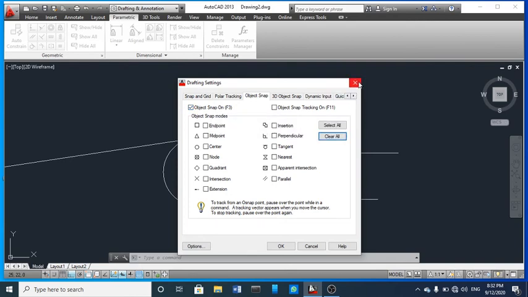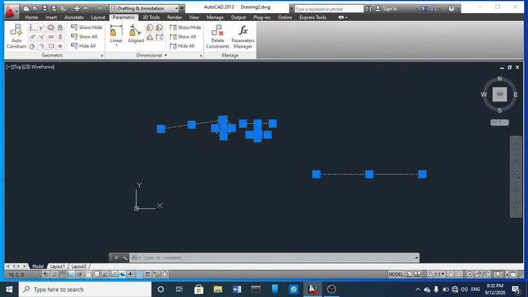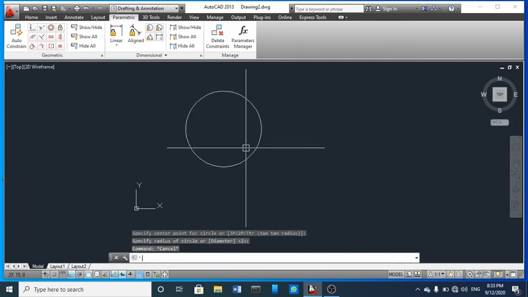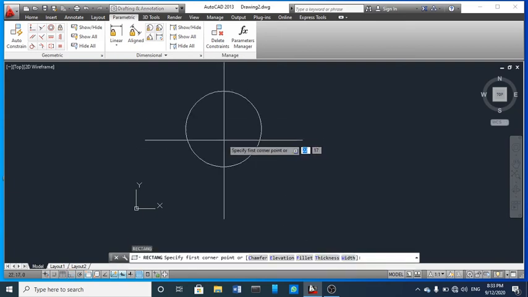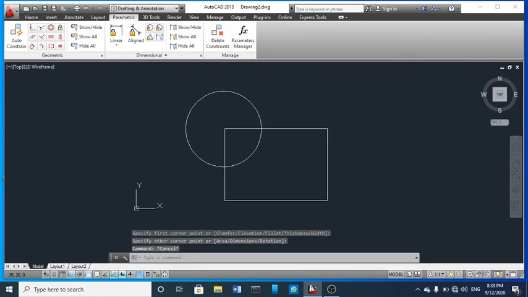So now I am going to draw a circle and a rectangle and a line.